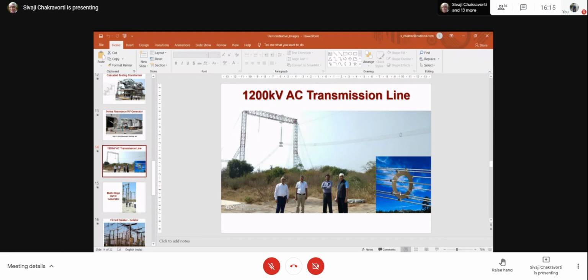So you can see that instead of a single conductor, we have used 10 conductors in such a way that it becomes a circular or cylindrical shape, but it's not a full cylinder. Because you know that current doesn't flow through the entire cross section. It flows through the surface because of skin effect. So if I use one conductor of 10 times the cross section, it will not be used properly. But here, the skin effect will be reduced because the current is divided into 10 conductors. Secondly, if I increase only the area of cross section by 10 times, then the diameter will increase, but diameter only increases by the square root of that.